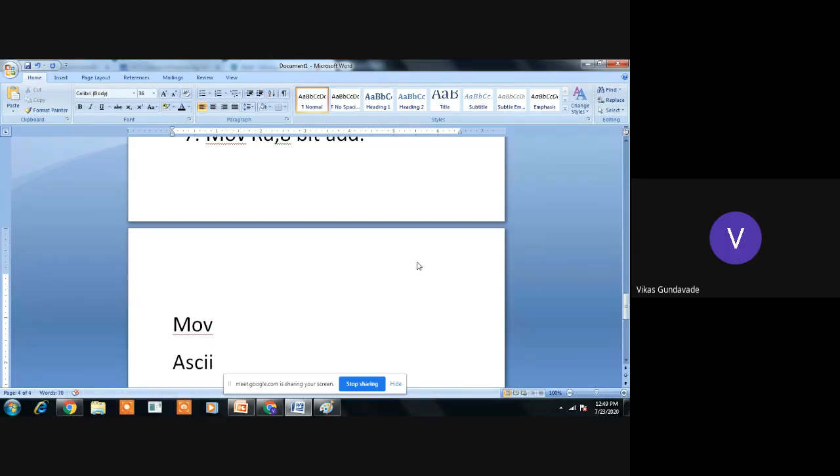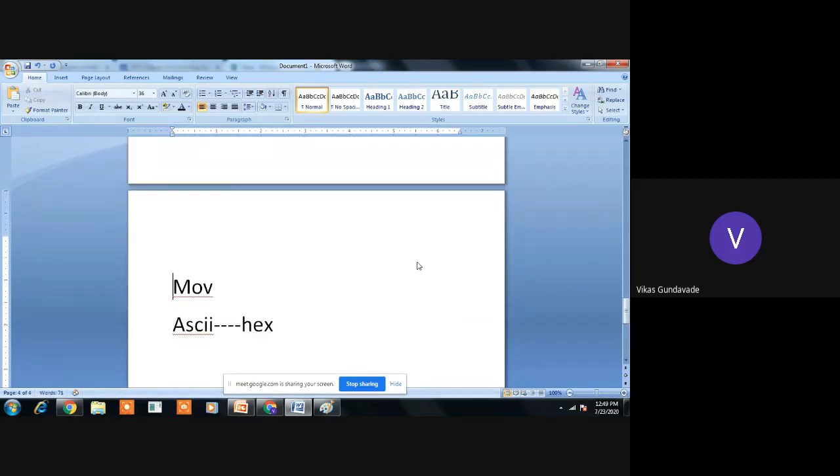So this ASCII code needs to be converted into the language understood by the microcontroller. This ASCII code or the mnemonic needs to be converted into the hex data or hex value. For example, the move instruction will get converted into some hex value, and this hex value is nothing but 8-bit data. Are you getting it?